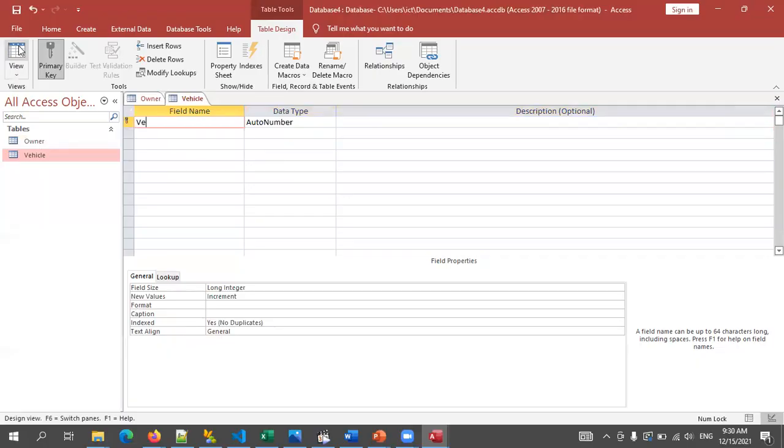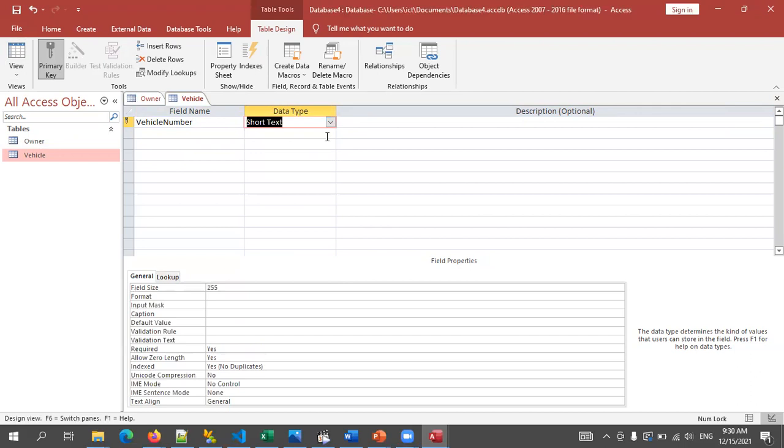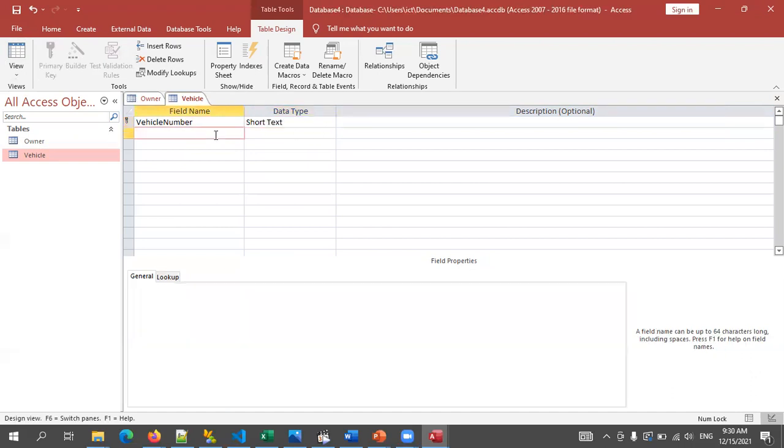So children, we can use vehicle number. Vehicle number, so that should be a short text, right? Because English letters are attached with the number. So then it must be a short text. Then chassis number.